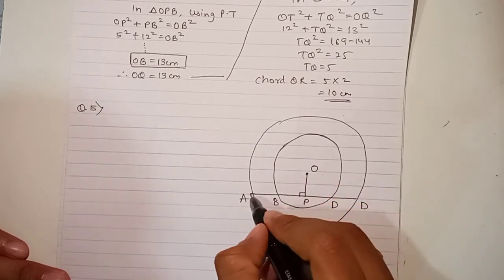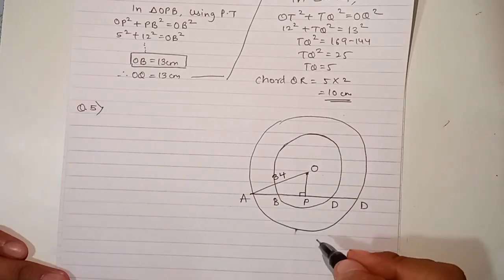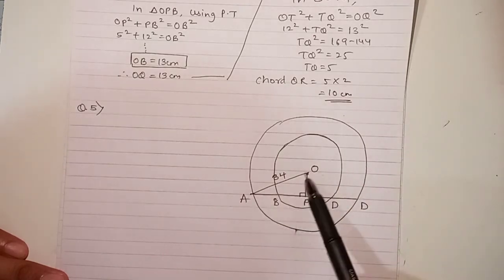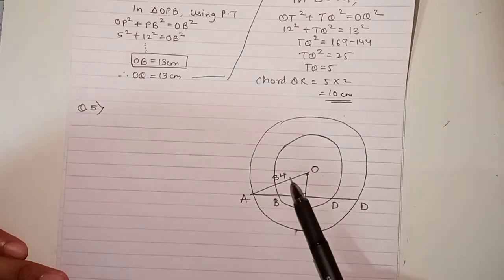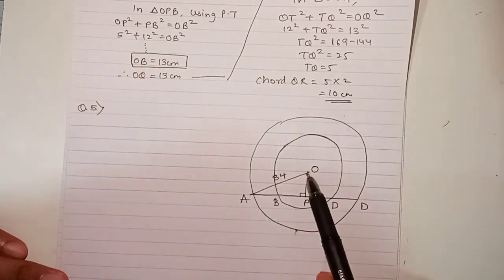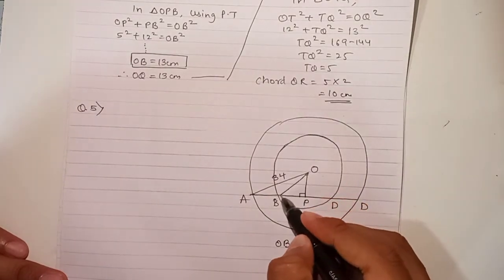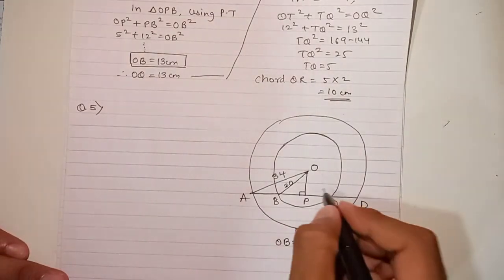OA, this distance here, OA is given as 34. Okay, so ये distance OA 34 दिया है. What is this distance OA? See, बड़े सर्कल को देखो, सेंटर से लेके A तक. This distance from center to point A is the radius of the bigger circle. बरोबर ना, ये बड़े सर्कल का रेडियस हुआ. And they have given that OB is 20 centimeter. Okay, so OB means this line is 20 centimeter. Okay, and OP is 16 centimeter.